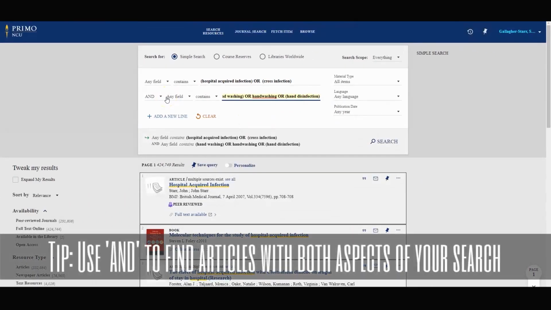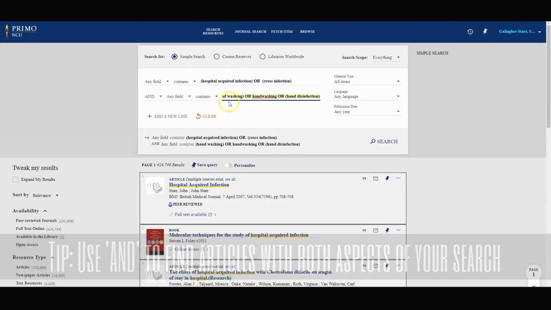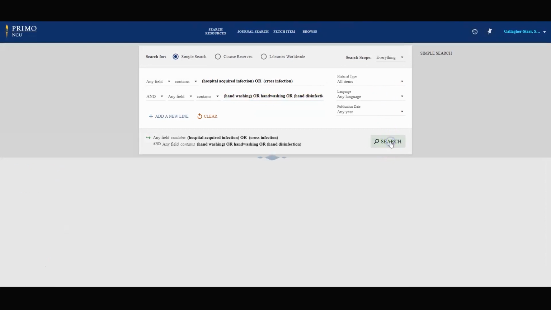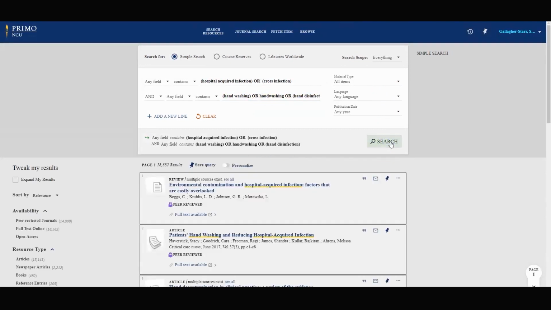We want to see the articles that include both cross-infection and hand washing, for instance. Choose that and then click Search. Now we see some 18,000 results, which is a sharp decrease in the number of results we saw earlier. The effect of combining these 2 searches was to weed out articles that talked about one aspect of our PICO, but not both aspects. The next video will finish the search process and leave us with a list of